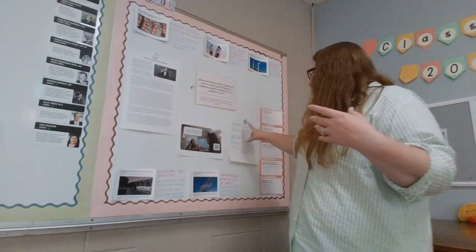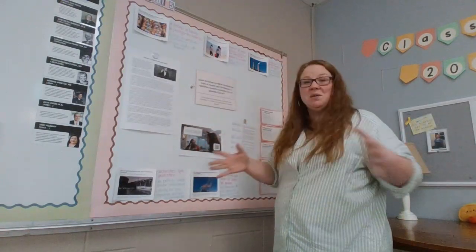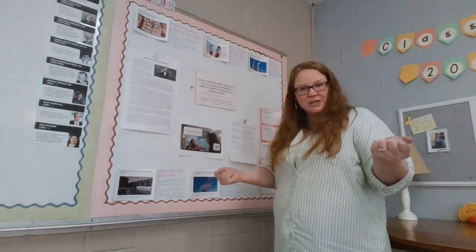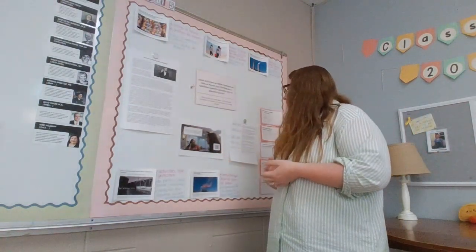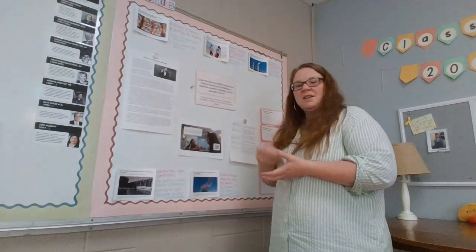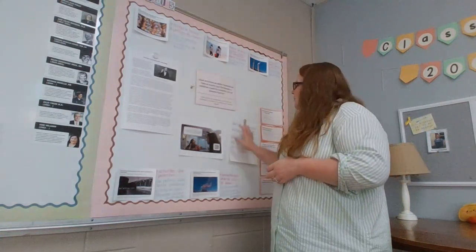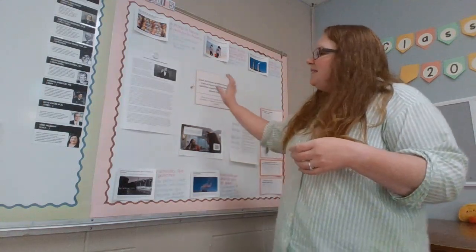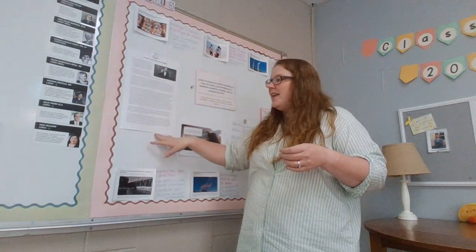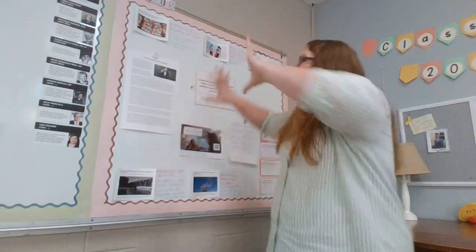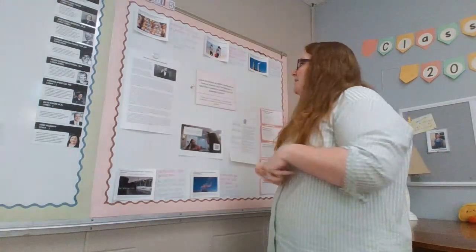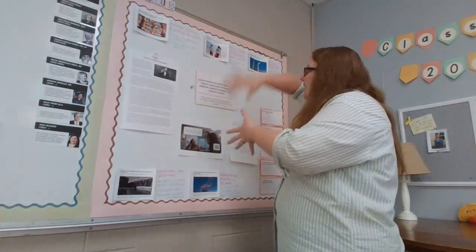More recently, we watched some mini documentaries all about the environment and some specific situations happening in the Spanish-speaking world, things coming from Chile and Guatemala and other places like that, Ecuador. So we learned a little more about some of the issues around the world. And then the last thing they did was study a speech that somebody gave about helping the environment, and then they wrote their own. So all of these ideas together, all of these activities that we did throughout the first unit, now they kind of see this big picture. Oh, these are all ways that people are either strengthening or weakening their connection to a strong planet.